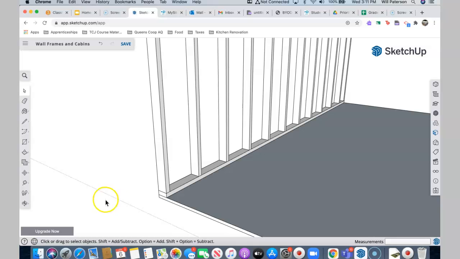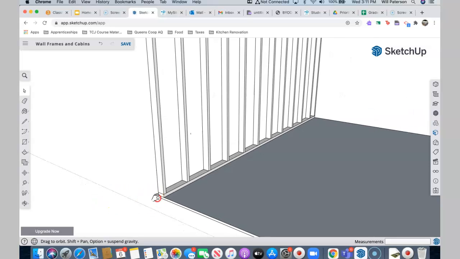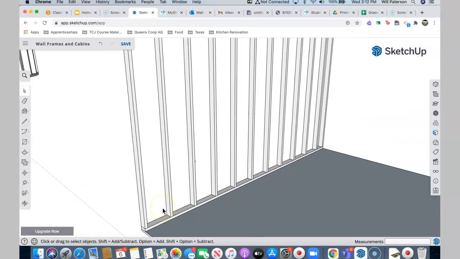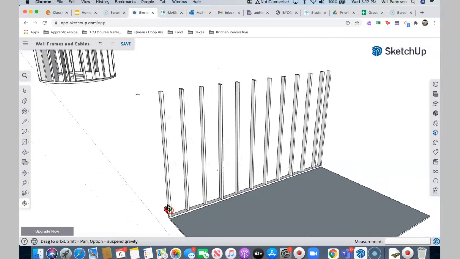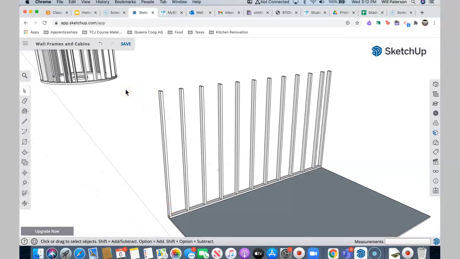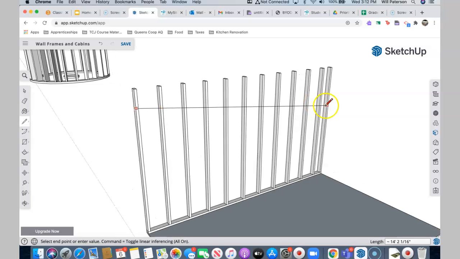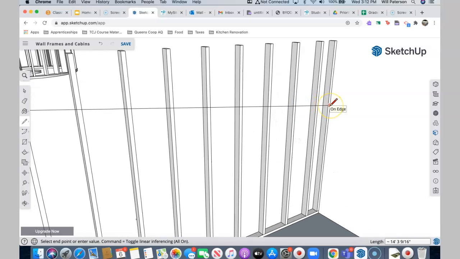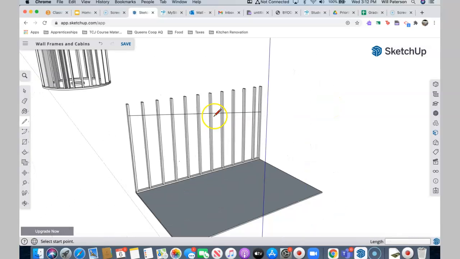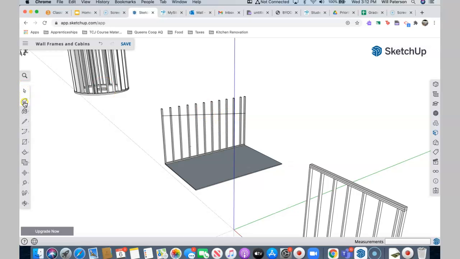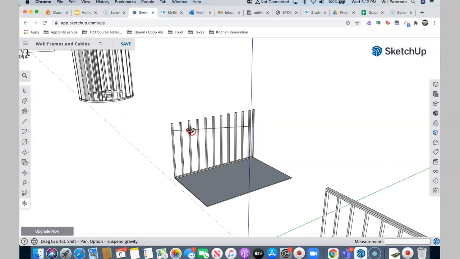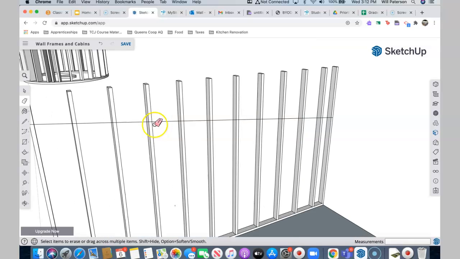So let me get rid of this. Now you're going to decide how high these studs are going to be, how high to the top point, how high to the bottom. Here's how I do that. I'm just going to take my line tool, go up here, and make a decision about where that starts and stops, and click it like that. So there I have a line. Now what I'm going to do is take the eraser. Okay, with the eraser tool,